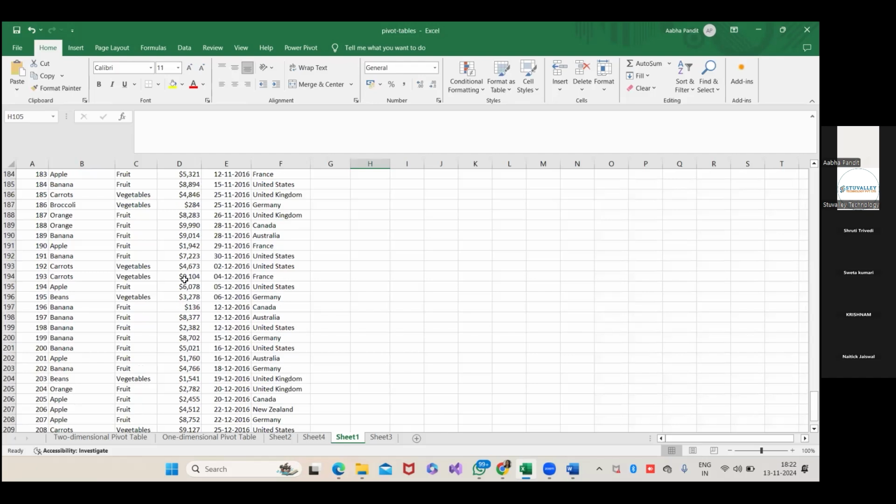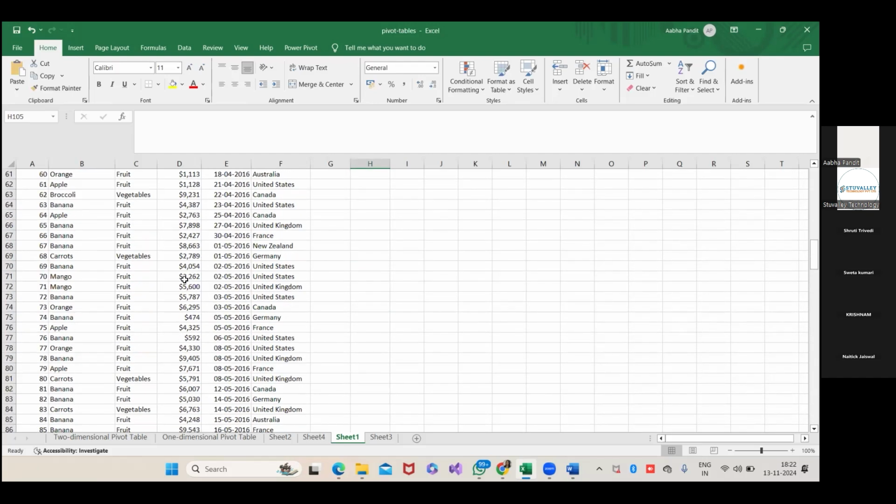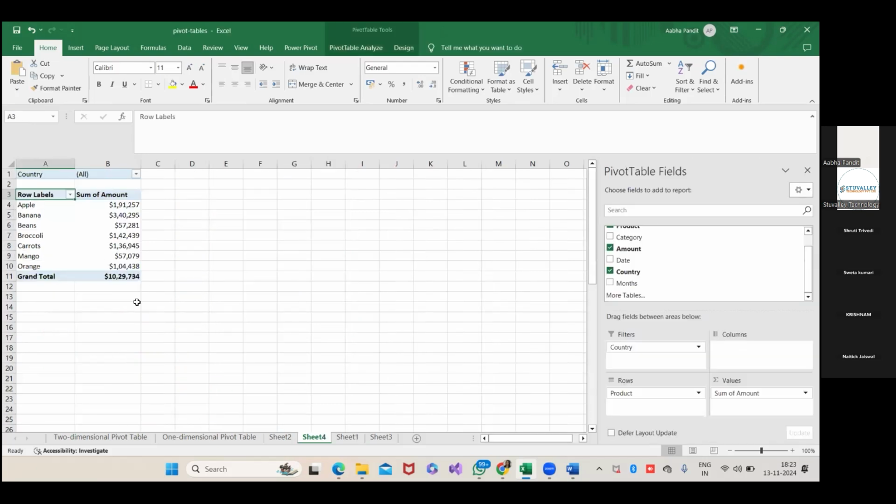Now from here I will not get it, right? I will not get it from here. Although I can apply filters and sort it, I will not get this kind of analysis. I have to go with the pivot table, because using the pivot table, whatever significant data I want to go further with for analysis can be easily done. I hope it is clear to everyone what I am discussing right now. Anyone is having any doubt?